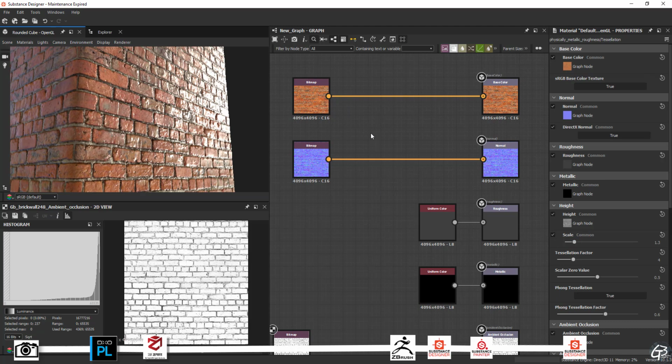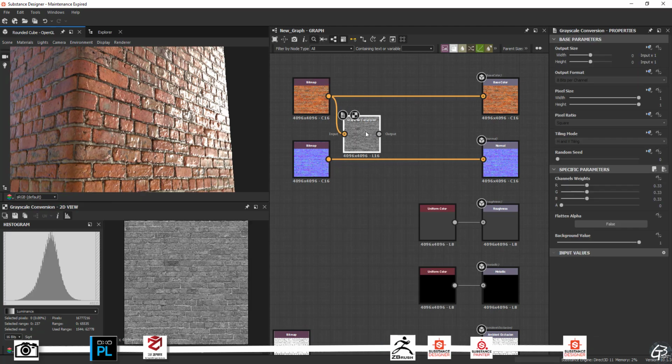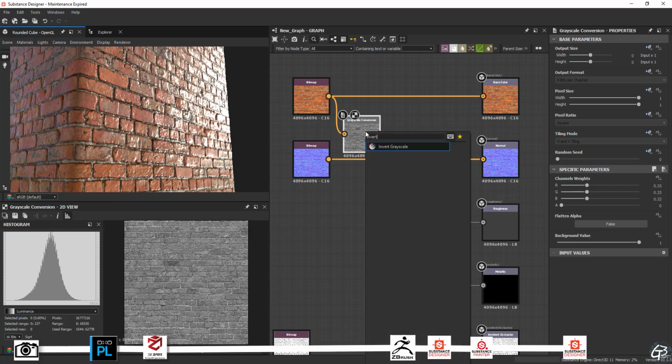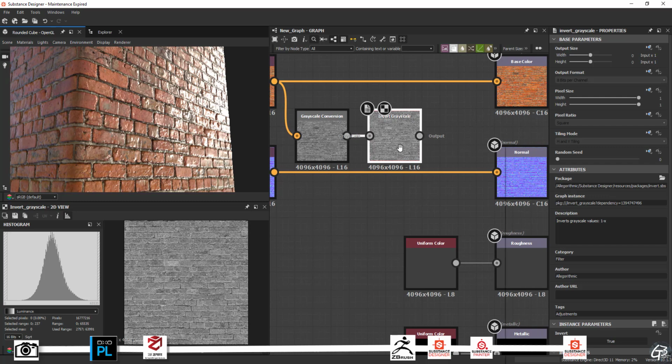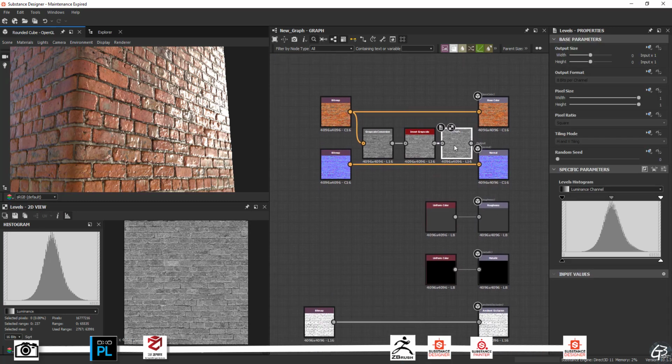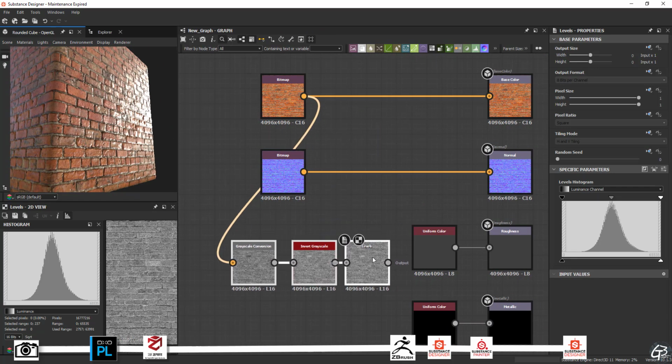The best and the easiest way to do this is to use a color map. Since in roughness everything that is dark is shiny and polished and everything that is white is rough and non-reflective, we should invert it. To get a bit more control over the result, we can bring a levels node at the end.